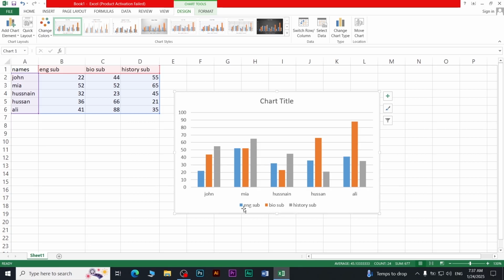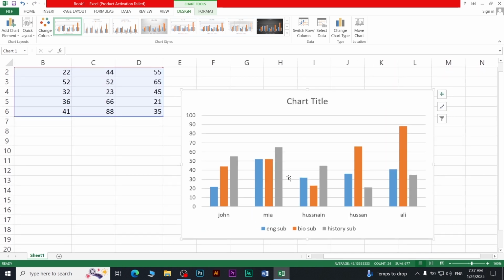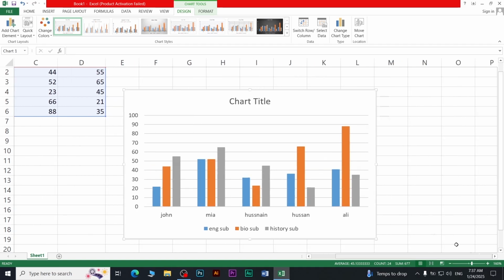The blue color represents the English subject, the orange one represents the bio subject, and this one represents the history subject. So this is English marks, this is bio marks, and the third one is related to history marks. There you can also observe many of the marks. For example, if I zoom it in a little bit,